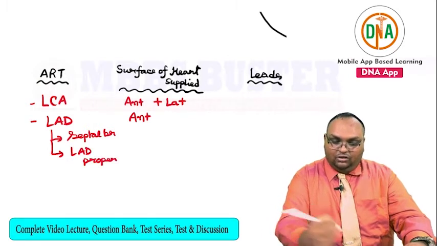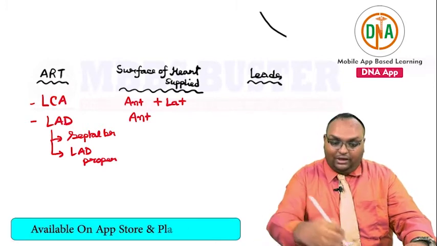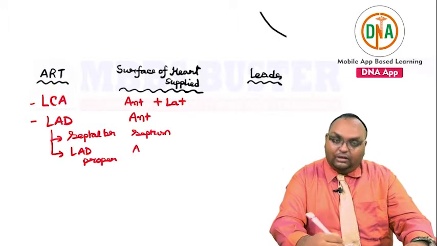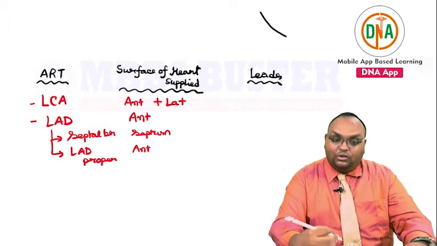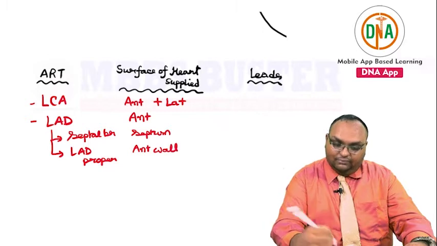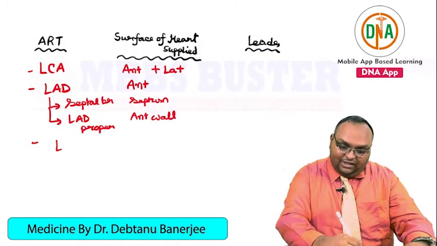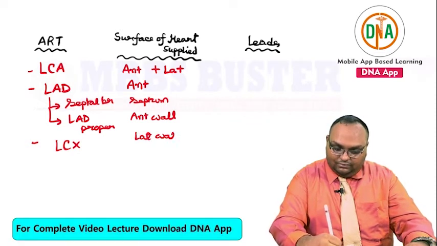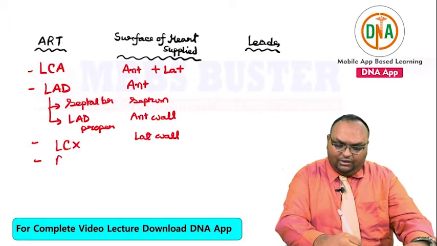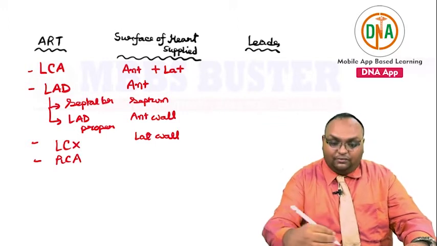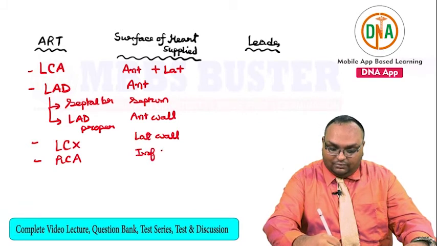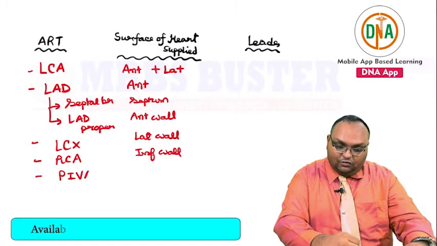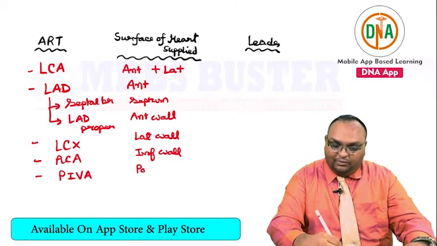The septal branch would lead to an infarct of the septa, and the LAD proper infarct would lead to the affection of the anterior wall proper, right? The left circumflex artery would supply the lateral wall of the heart. The right coronary artery would be supplying the inferior wall of the heart, and the posterior interventricular branch of the right coronary artery would mainly be supplying the posterior wall of the heart,